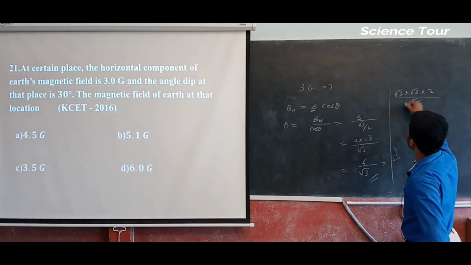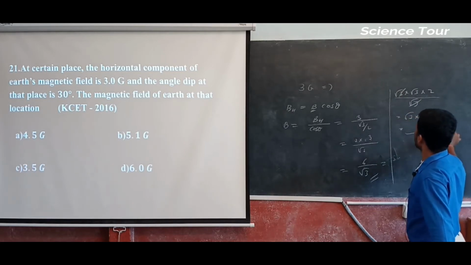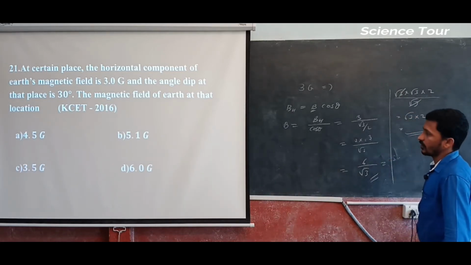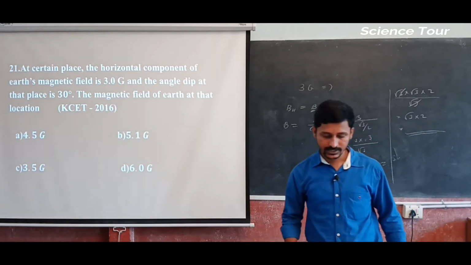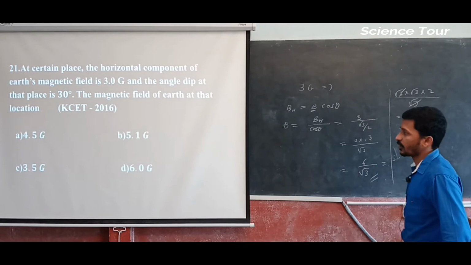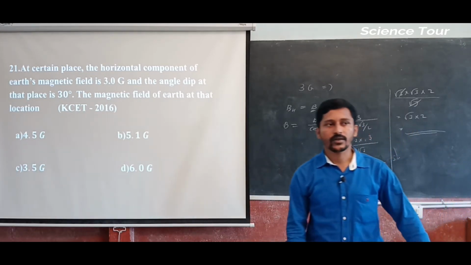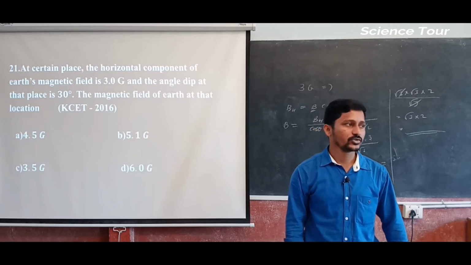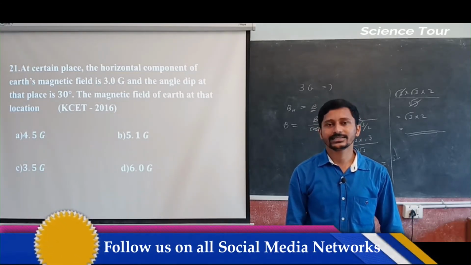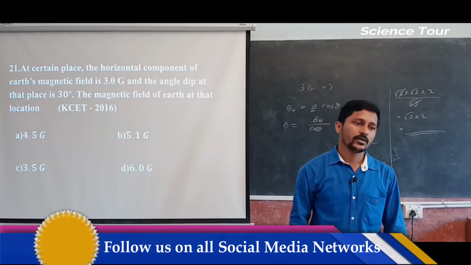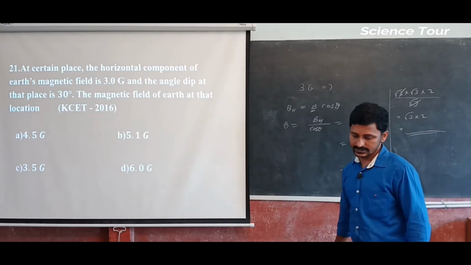One root 3 cancels, right? So root 3 into 2 is equal to how much? That you should know. Okay, 1.7 into twice of that, isn't it? That is nothing but nearly 3.4 or nearly 3.5 G. Okay. See, the square roots you must know, square roots of 1, 2, 3, 4, 5, 6, 7, 8, 9, 10, at least 10. Okay, that you should know. Okay, that is the thing. So answer will be C.